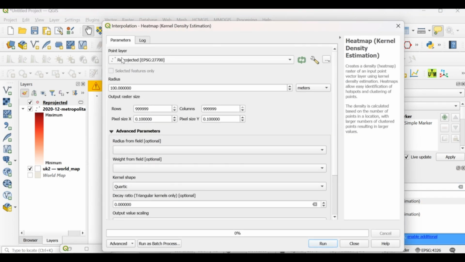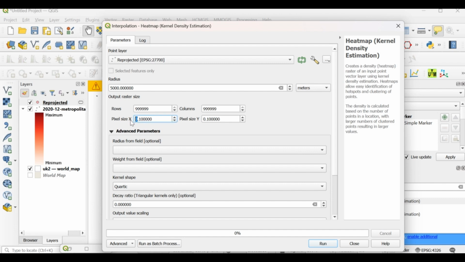So we like to use the point layer as this reprojected one. This we can also change to maybe 5,000 or 500, but this value is mostly equivalent to the map unit. Okay, let's leave it like this.